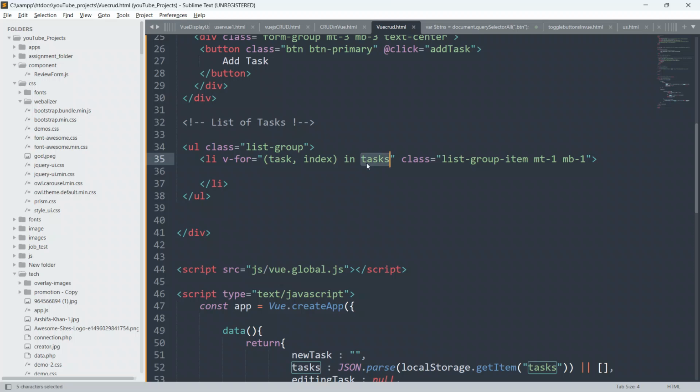It will loop through this tasks array, and it will store each element inside this task variable, one by one.